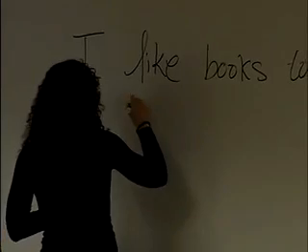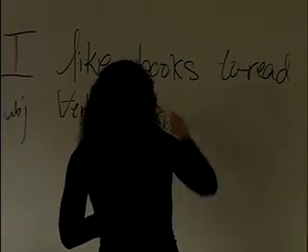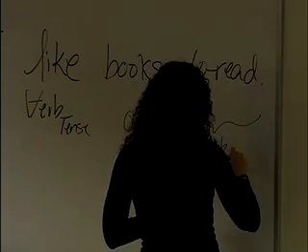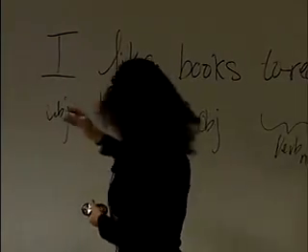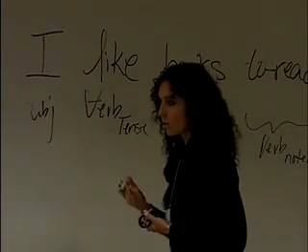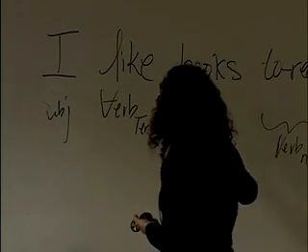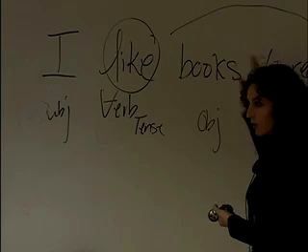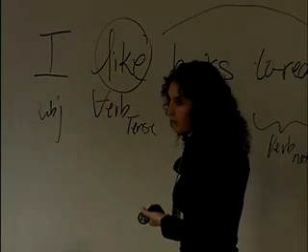So you have something like: I, subject; like, verb, and this is the one that actually has the tense on it; books, object; to read, the infinitive verb without the tense on it. The actual underlying order is very similar to the basic word order within German, where you have the object preceding the verb. What actually happened was that this tensed verb began over here as part of the contiguous verb complex, and then moved to the second phrasal position in order to generate the observable word order.